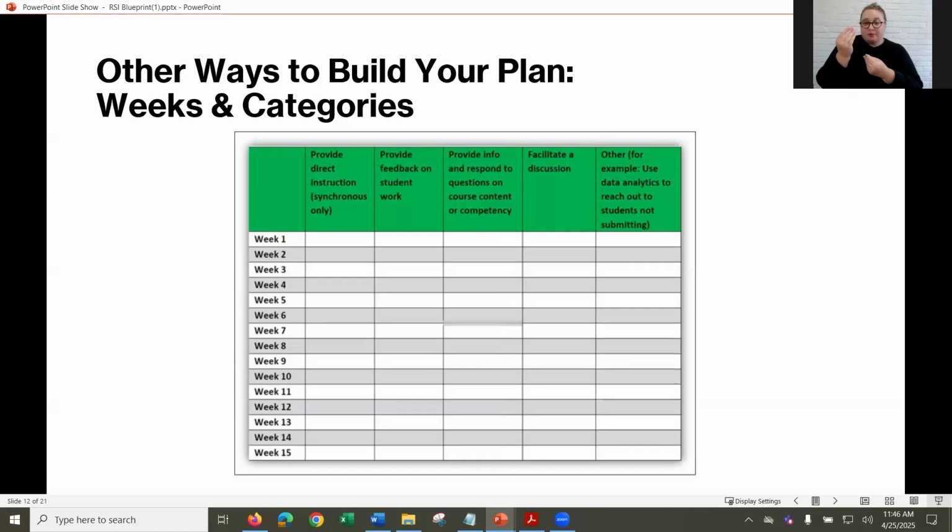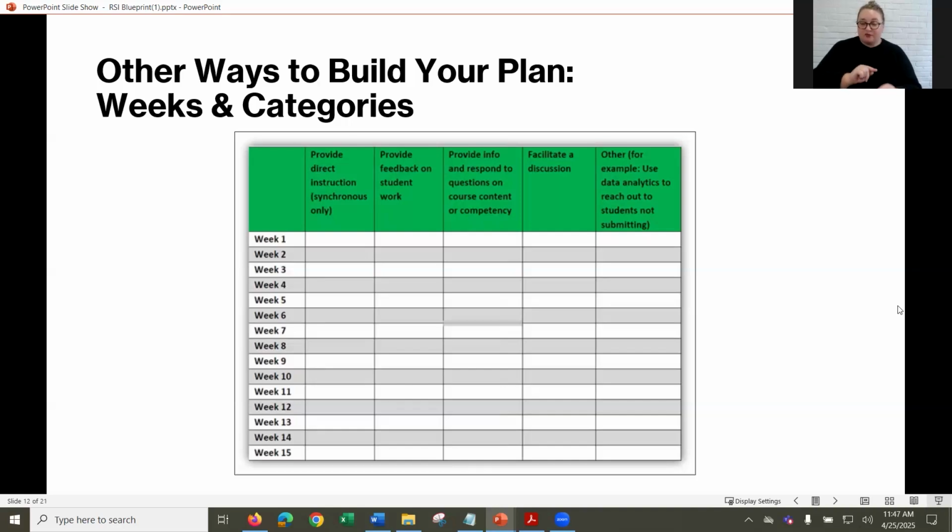How to engage with me, how to engage with the content in the course. I also have them participate in an introductions discussion, and I ask them to introduce themselves, why they took this course, what their learning goals are, and what they expect to get out of this course. That's me facilitating a discussion, and I plan to go in and respond to each individual one, since this is the introductions discussion.